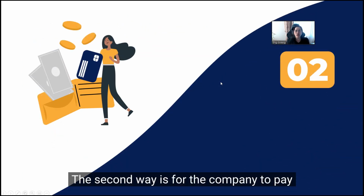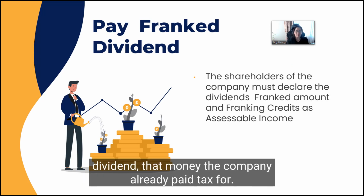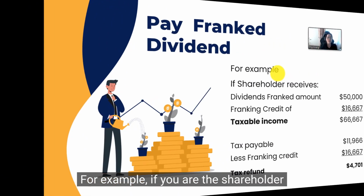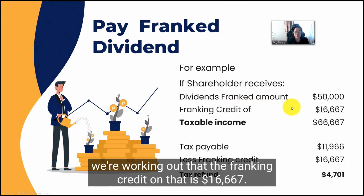The second way is for the company to pay the franked dividends to you as a shareholder. When the company pays you the franked dividend, that money, the company already paid tax for it, and it also has the franking credit attached to it. For example, if you're the shareholder and you receive the franked dividend from the company of 50,000, we're working out that the franking credit on that is